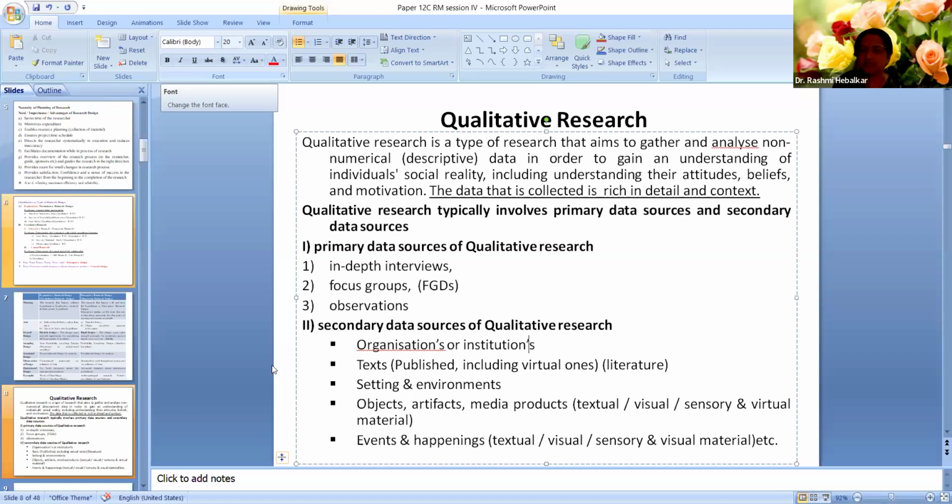Any doubt on this? We already discussed it, but right now also I have revised. The point to remember is qualitative data is in two forms, under secondary also and primary also. In primary, except survey method, the other two methods, that is interview and observation, are qualitative. Why? The sample is less.